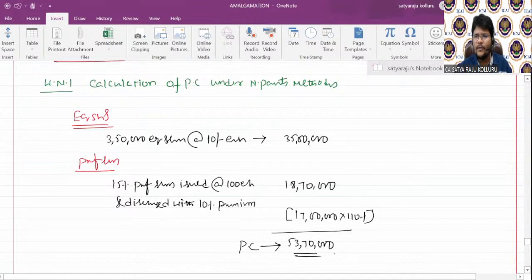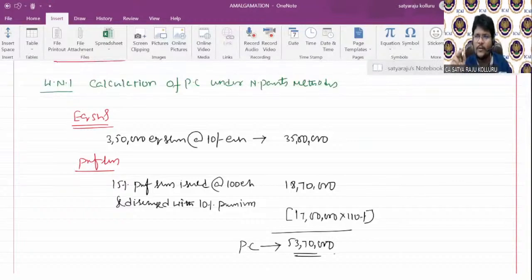So if you observe, the method of amalgamation will not decide the method of PC. You know that, right? The method of PC is independent of the method of amalgamation. I mean to say, whether you are following the merger method or the purchase method, if net payments is applicable, both are the same. Net payments is the same in case of both the methods. Net asset value method is also the same in case of both the methods. Don't be confused. I am putting this for your clarity.